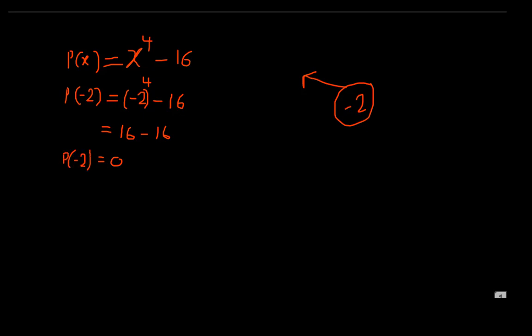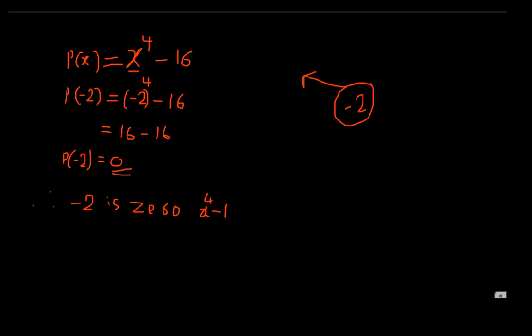We get p of minus 2 value is 0. That means when x is replaced by minus 2, the polynomial value is becoming 0. Means minus 2 is making the polynomial value 0 when it is substituted. Hence, we can say minus 2 is the zero of the given polynomial,